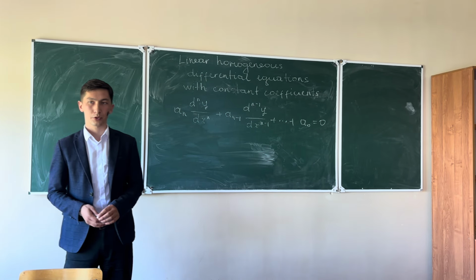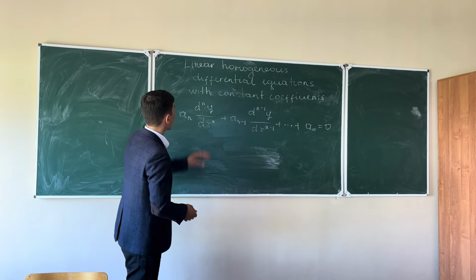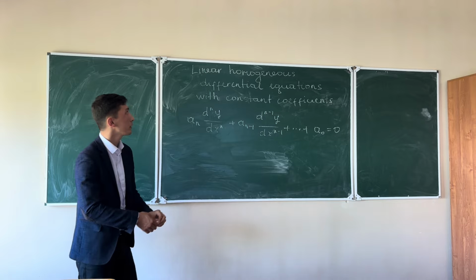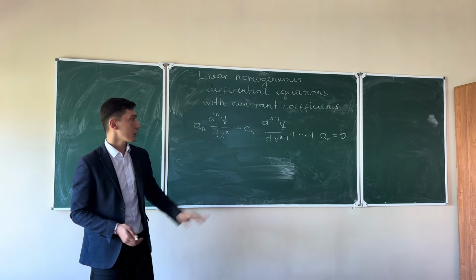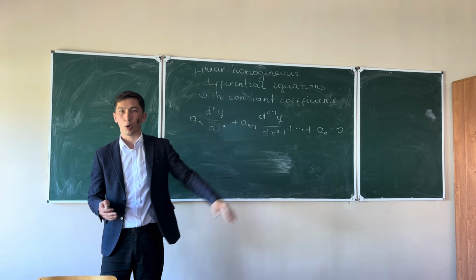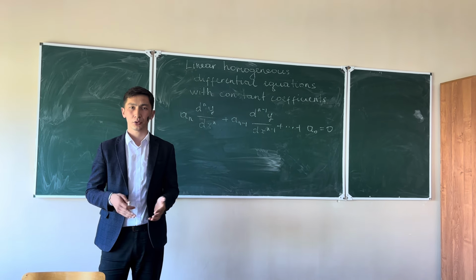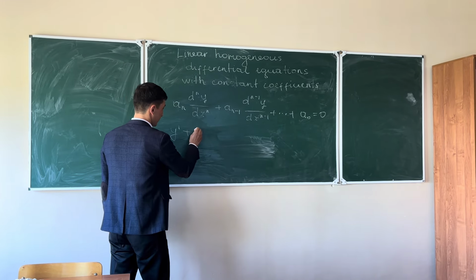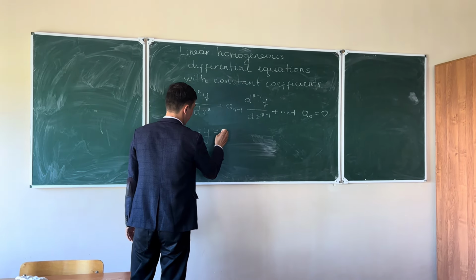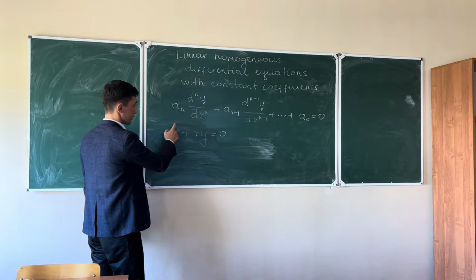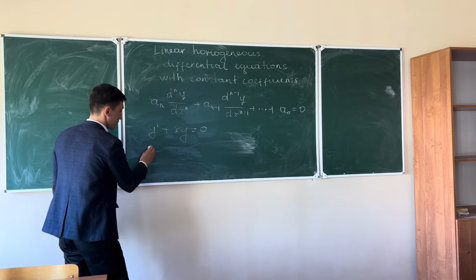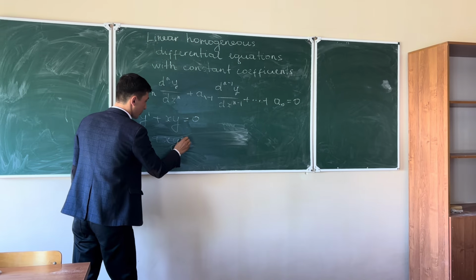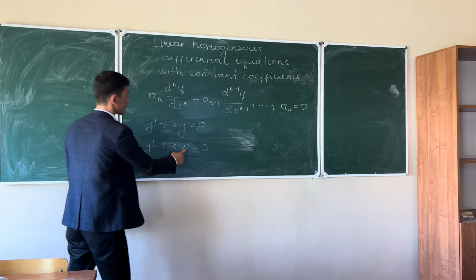Let's look at some basic concepts. We have here the words linear, constant coefficients, and homogeneous. First, we have the linearity. The equation is linear if y and its derivatives appear only to the first power. For example, y prime plus xy is equal to 0. This equation is called linear, but this one, plus xy squared is equal to 0, is not linear because